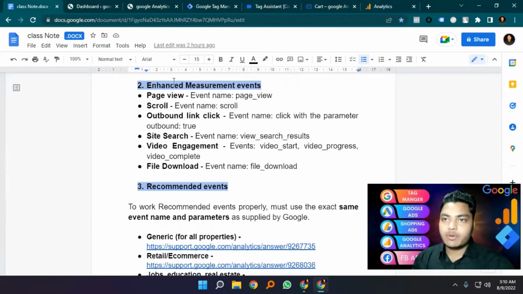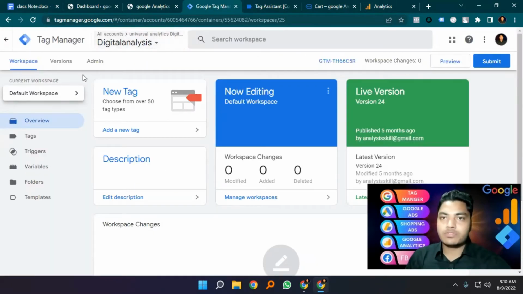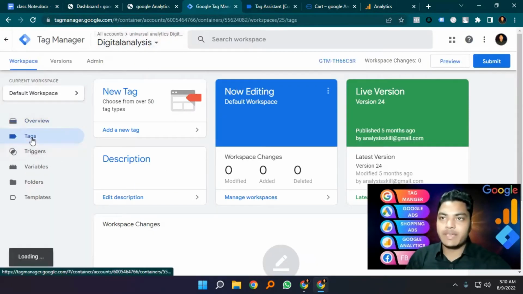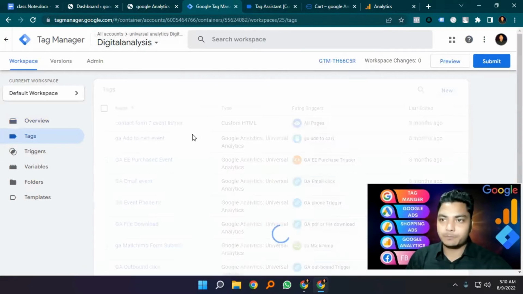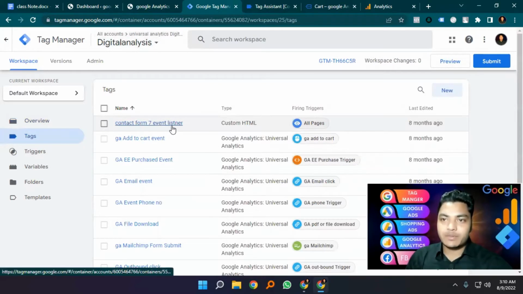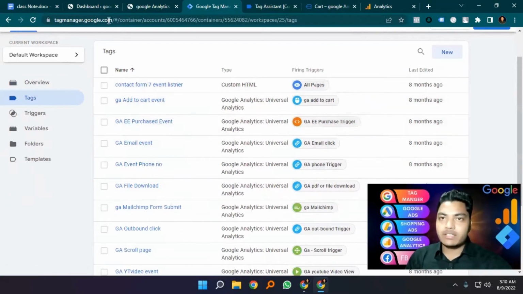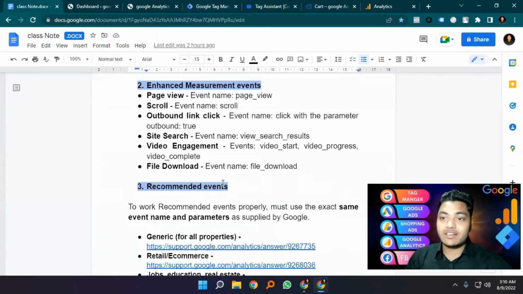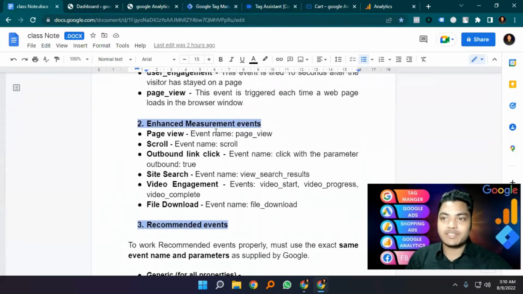Now I'm going to talk about enhanced measurement events: page view, scroll, outbound link, site search, video engagement, and file download. When I used Universal Analytics, we made a lot of tags, like Contact Form 7 listener, add to cart event, e-commerce purchase event, email event, phone number event, and file download. And right now Google Analytics 4 has these automatically as enhanced measurement events: page view, scroll, outbound link,